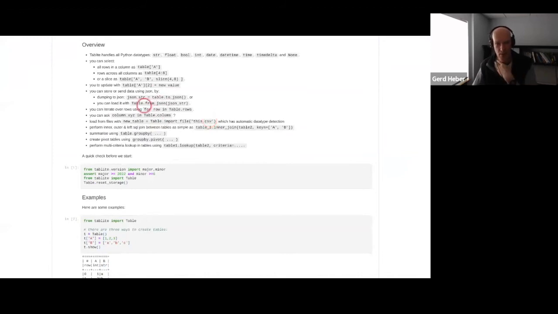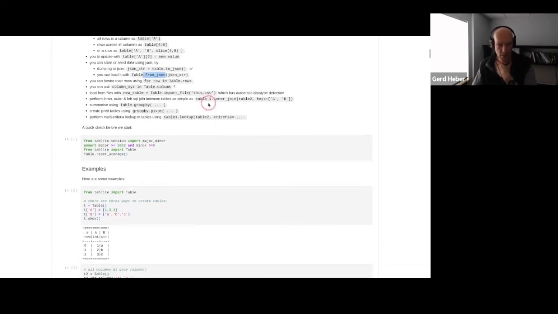And here he gives an overview over types and the kinds of operations that you can do in tables, including saving something. This is the typical Python way: if you remember in pandas, if you want to store something, you say to_hdf or to_csv or something like that. So this is very consistent with things that a lot of people are used to.